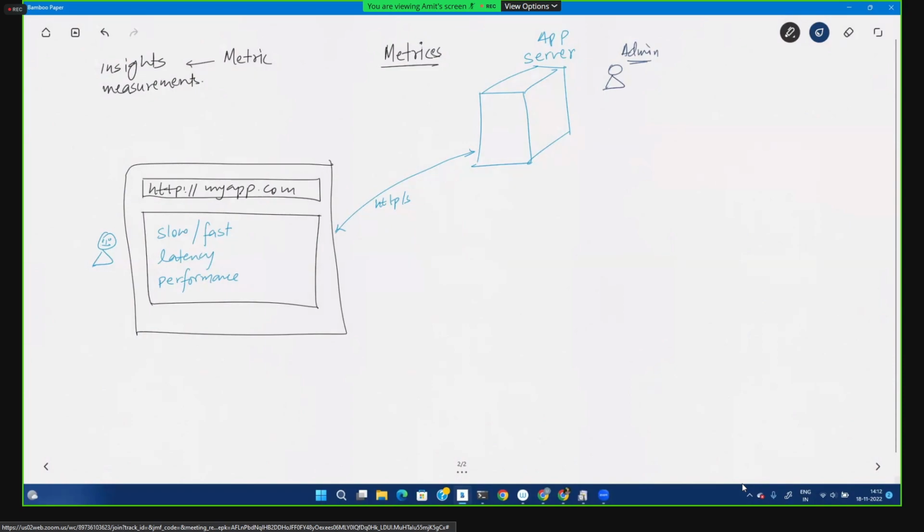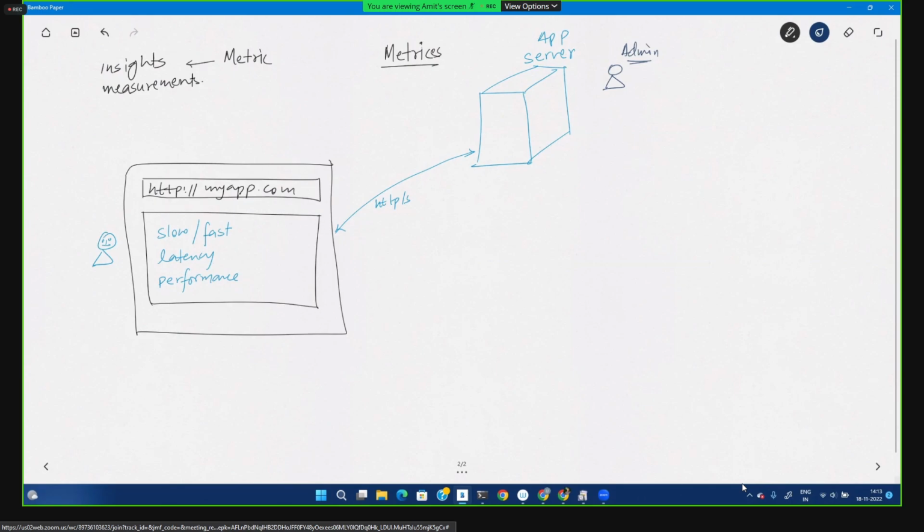What is the user experiencing from this application? They cannot ask the users for these concrete data. If they reach out to the users, hey, can you tell me what is the performance of the application, the users will say it's very slow. That's not enough for the developers or for administrators. So how do they get some concrete engineering data to maybe increase the performance, or whatever